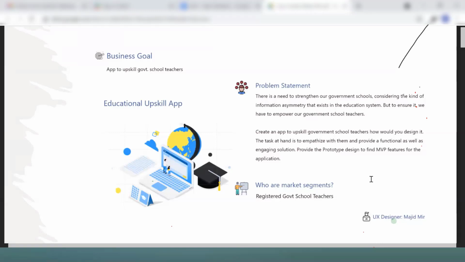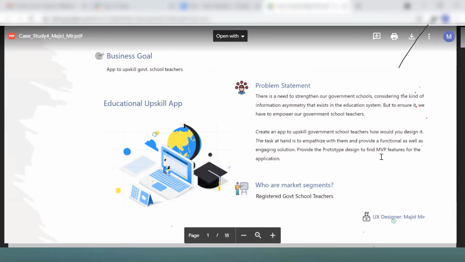In design also, if you are working with big projects, it is always better to convince your business and understand your users to start with the MVP feature. When I say the MVP feature, it is the minimum set of features you are designing, and then you test, and you can see how it is impacting your user, whether they are happy or not happy. It is cost effective, and then you add more features and come up with the full-fledged product. So that is basically the MVP in design.